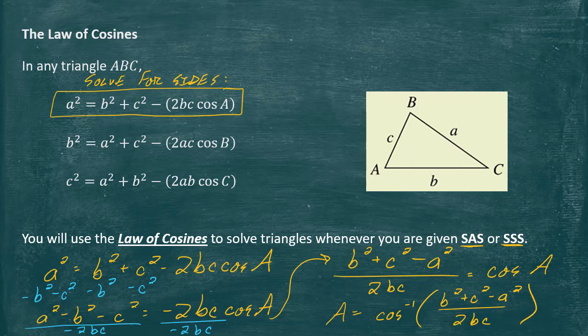So again, kind of the rule of thumb here is whatever angle I'm trying to solve for, that's really the only side that I'm going to have subtraction with, and then the other two sides just get squared and added together in the numerator with that minus a squared, and then on the bottom it's twice whatever their product is. So some similarities between the two, but if it helps I'll maybe make this a little bit larger here in